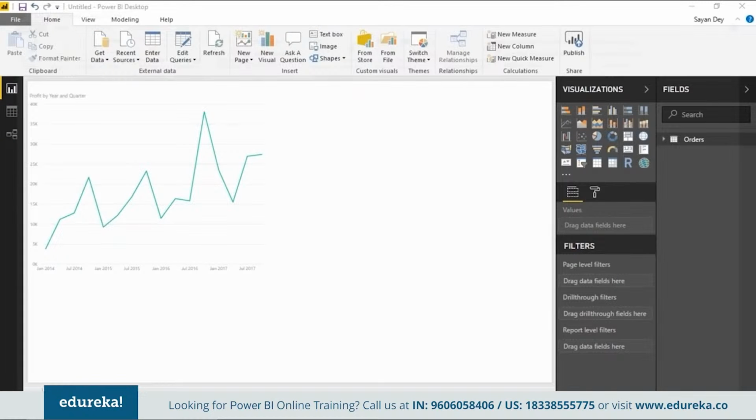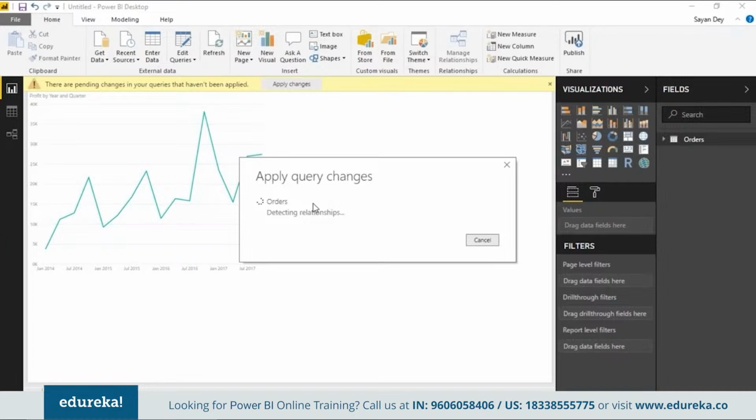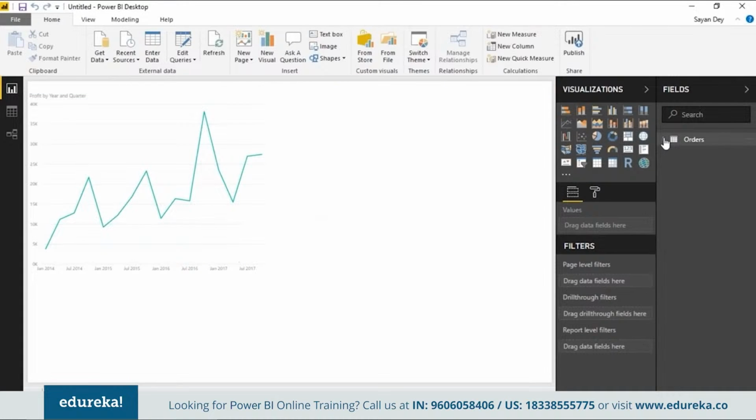Okay, so the first step is Power Query, where you will perform the ETL. And the next step is from Power Query, the data goes to Power Pivot. And Power Pivot is nothing but an in-memory columnar database where your data gets loaded. Okay, that's your data model. In other words, we call it a data model. So the idea is that you perform your ETL, you clean your data, and then you load your data into the Power Pivot model. Okay, and from there, you're going to visualize your data using Power View. Okay, that's the very, very basic process that we have in the Power BI Desktop.